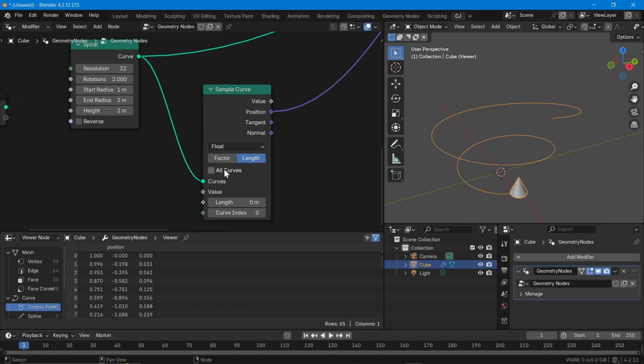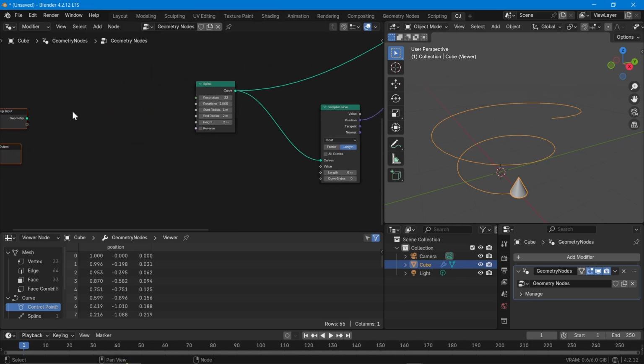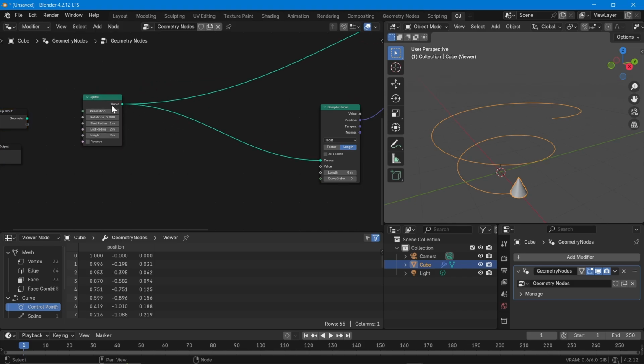Value I have told. We have one more thing that's called all curves. All curves is involved when you have more than one curve geometry in the input. That means whatever sample curve input you have, if it contains more than one, then this is useful. So for that reason, let's bring in one more curve. Let's duplicate this